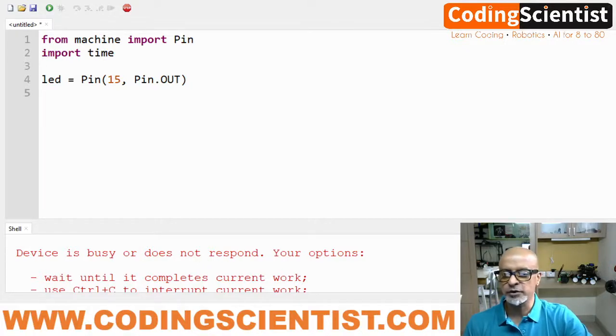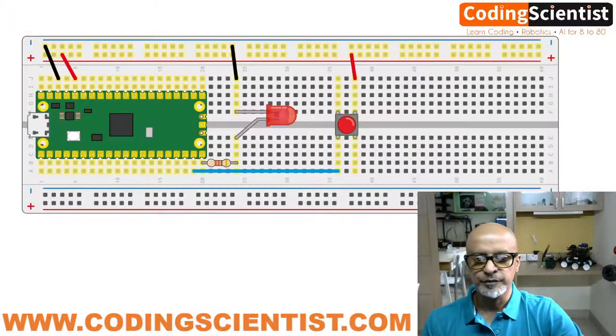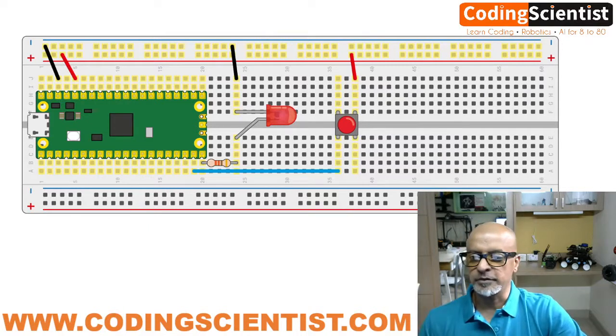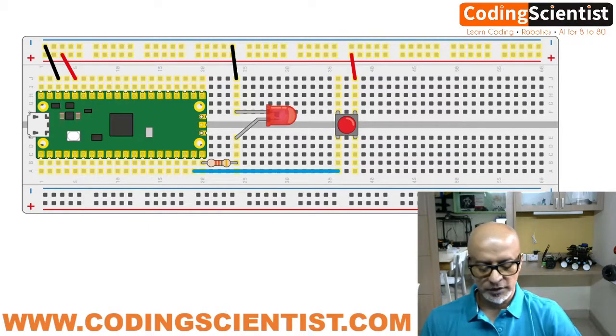Then we need to define our button. So where is the button? Button should be in lowercase. Button is as per the drawing. Let me just take a look. It's connected to one terminal here and the other terminal in the positive grid. All right, sounds good. So the button is connected to pin number 14. Button equals Pin 14,